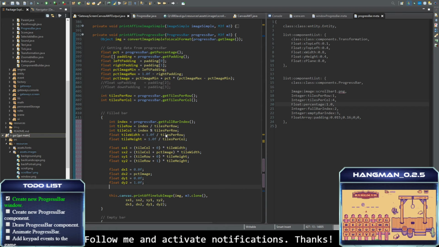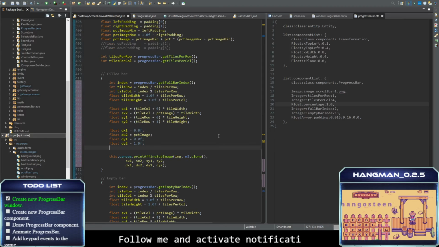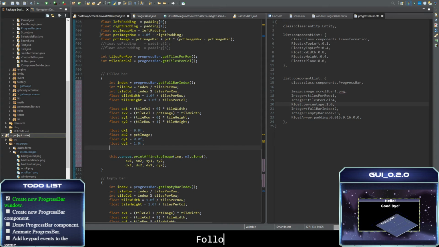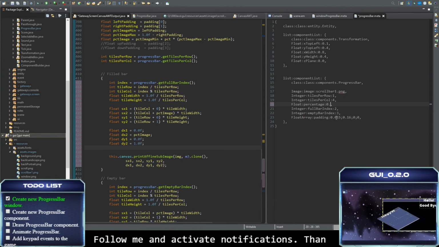So it's not easy to have a very generic version of this progress bar that fits all the situations, because as I said, it can be filled from right to left, left to right, bottom to up, or upwards or downwards. Different behavior, but okay, I think that the progress bar with, let me add here, okay, this is a good one,